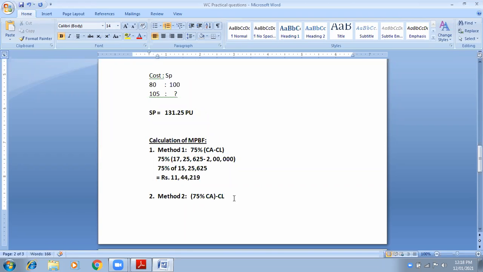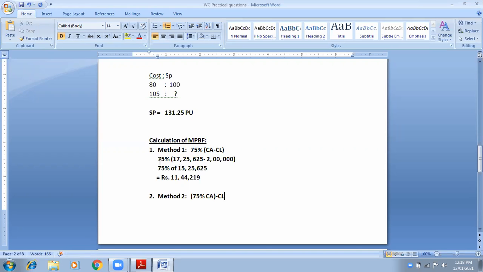Okay. Now see method number 2. What is the formula of method number 2? 75% of current assets in the bracket minus current liability. See, the bracket is changed. The answer will also change, right? Because now we are calculating,